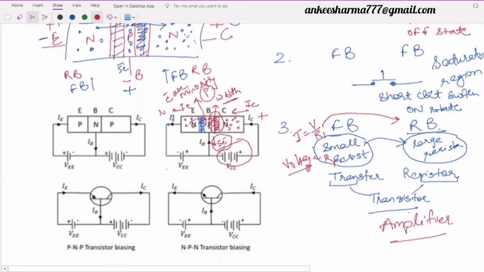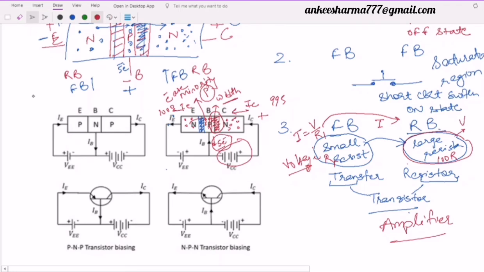If it is, for example, I assume here to be 1000 electrons, only 5 electrons has recombined. So it means still we have 995 electrons reaching to the collector junction. So it means due to that the collector current will be there. So I assume here that this is the same current I. This current I will flow to this junction, and when it will be multiplied with a very large resistance, if I say it is 100 R in comparison to the small resistance, I assume it equal to 100 R.